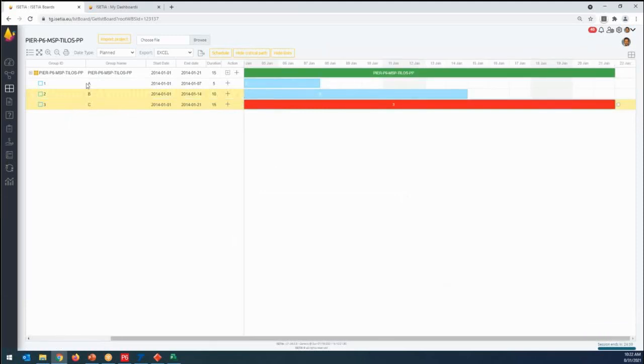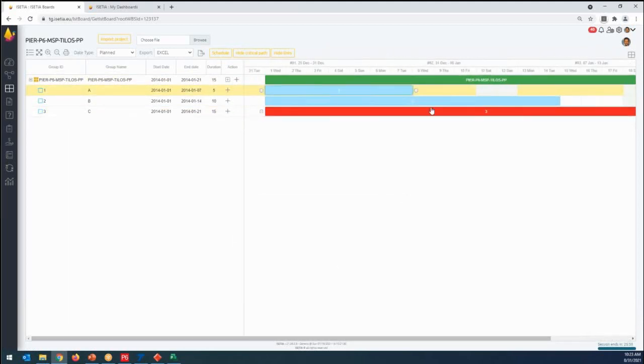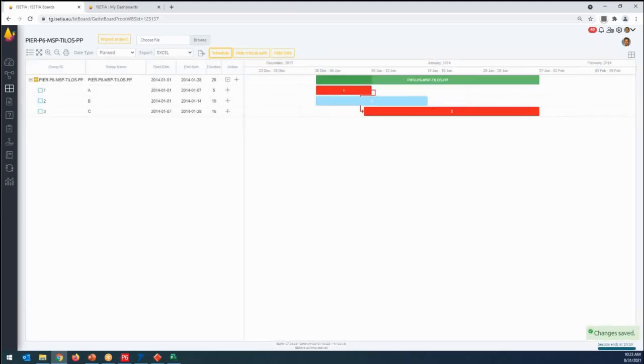So I have activity 1, activity 2, and activity 3, and I can easily link the tasks. So I can say first activity A finished and C start. And we would also like to make, for example, B finished and C start. So schedule it. Now I have A, B, C, and you can see that A and C are critical.